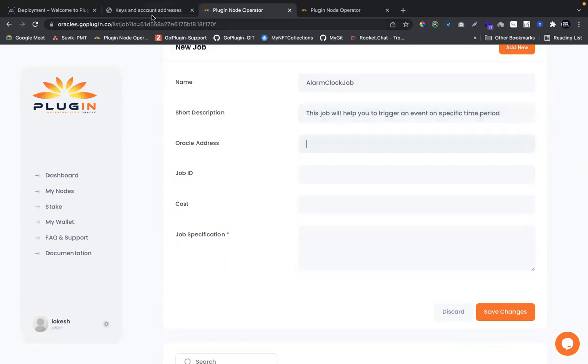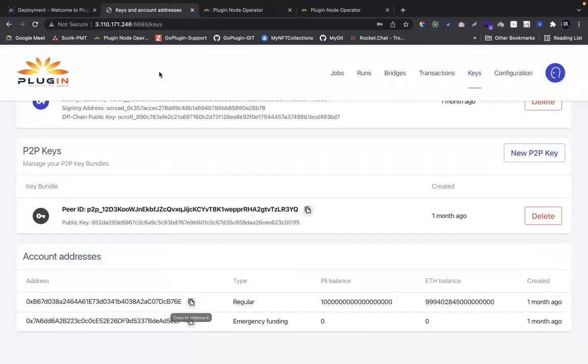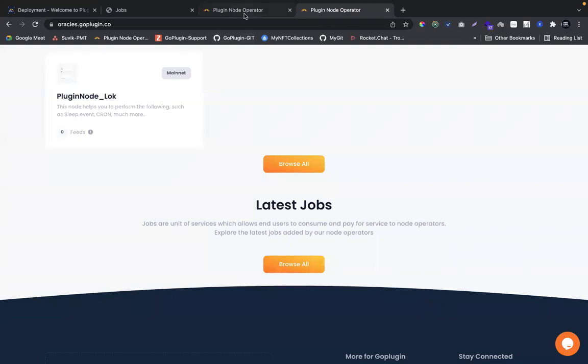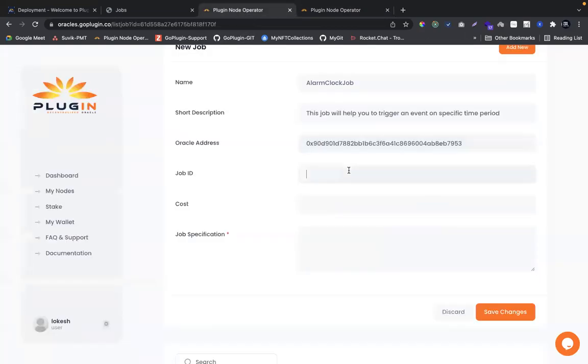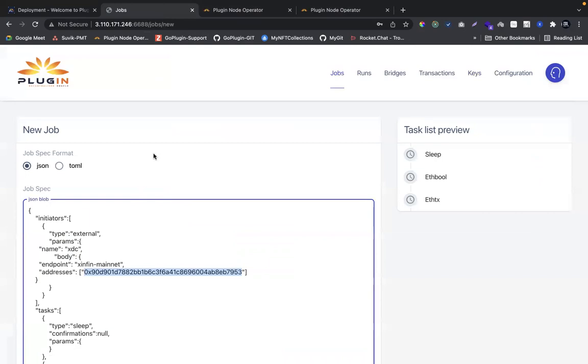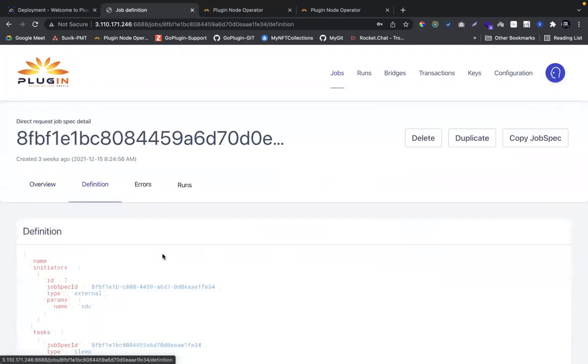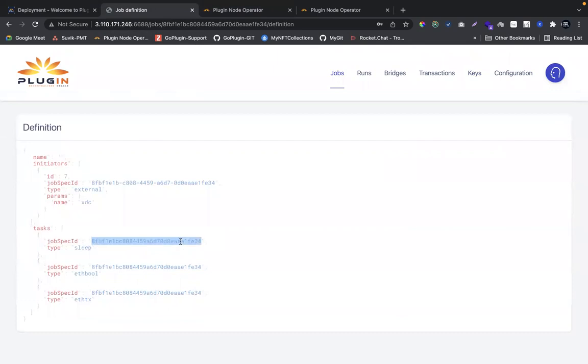And then I will say the Oracle address. I will just copy the Oracle address from the jobs again. Job ID, I'll take the job from here, go to definition, copy this,